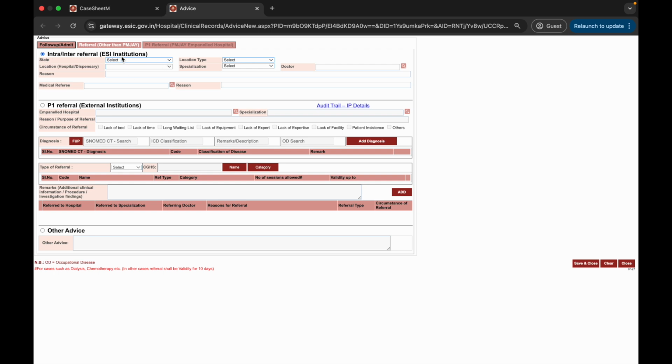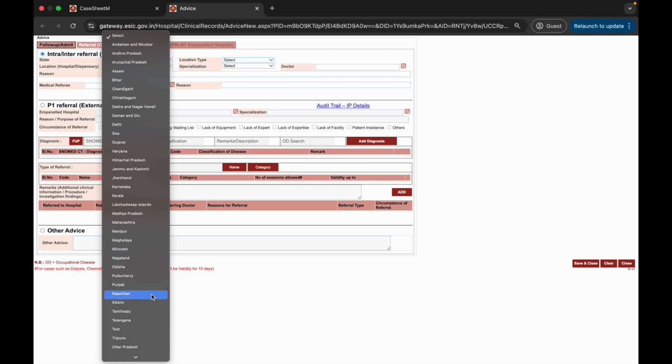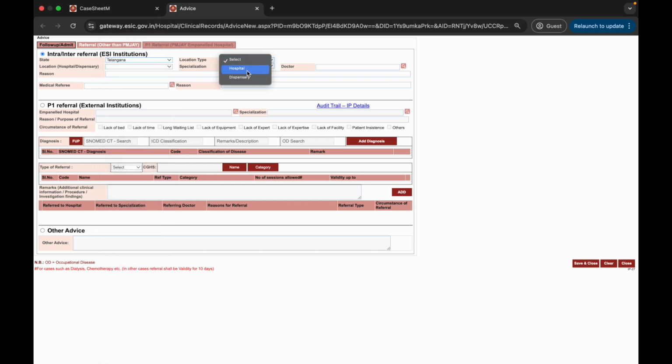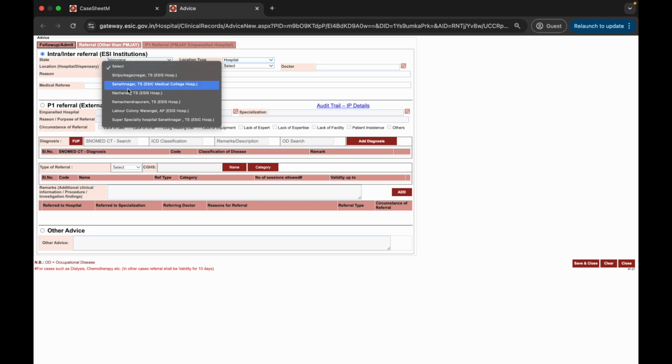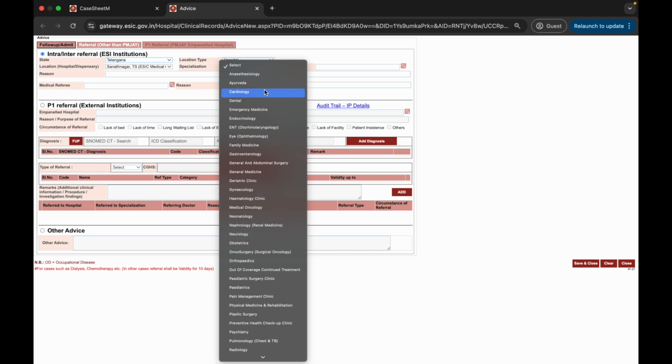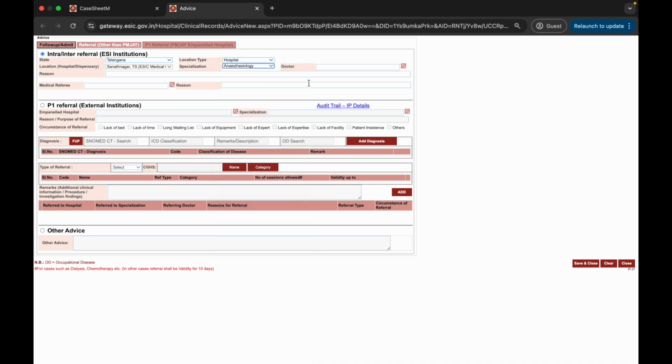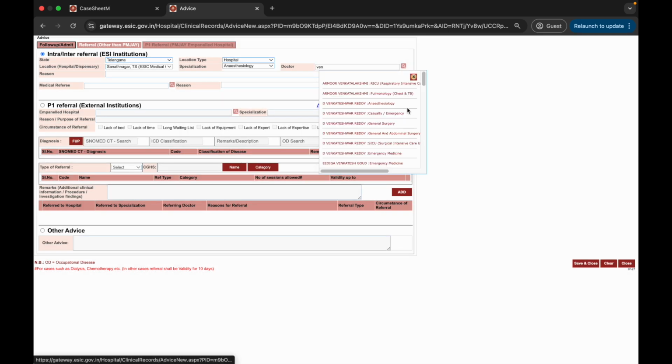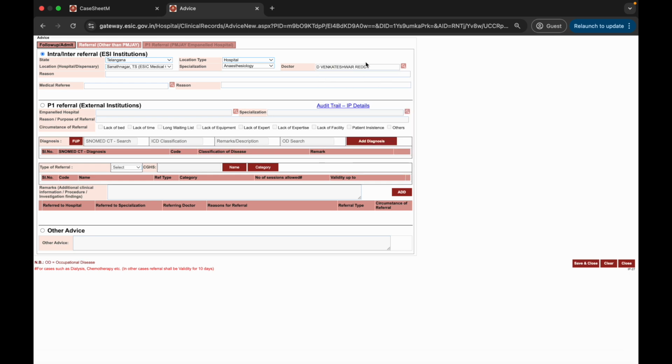In ESI institutions, you select the state, which is Telangana. You select the location, hospital. Within the hospital you select Sanat Nagar, and the specialization you want to do the referral to. I want to do a PAC, so of course I'll be selecting anesthesiology, and then you can choose the doctor available over there. In my case it is Dr. Venkatesh Reddy sir. In order to search a name you have to write at least 3 characters, and then the reason you can say PAC for